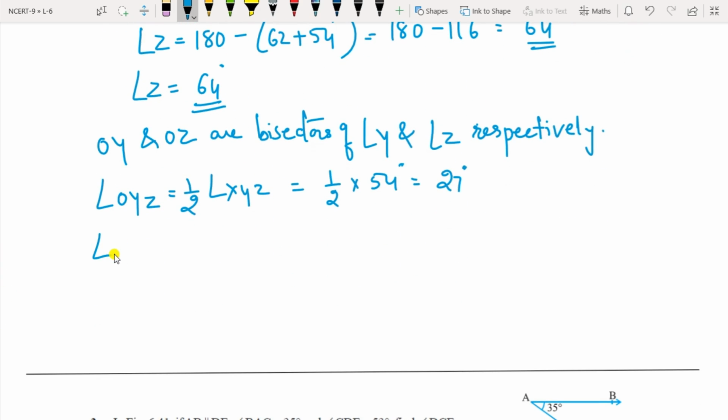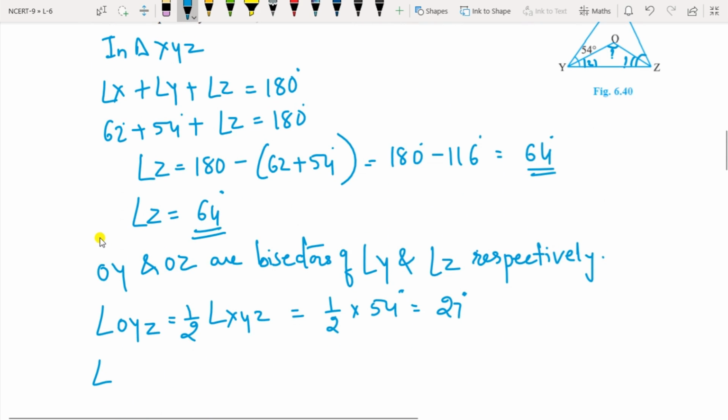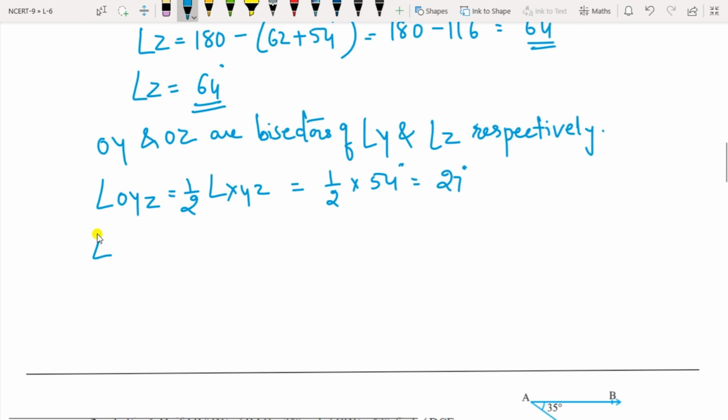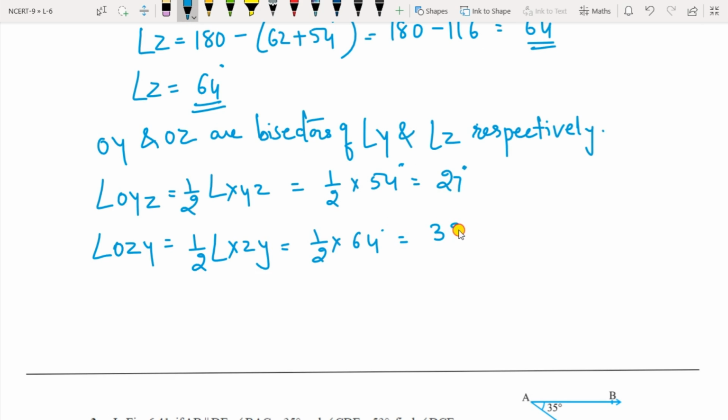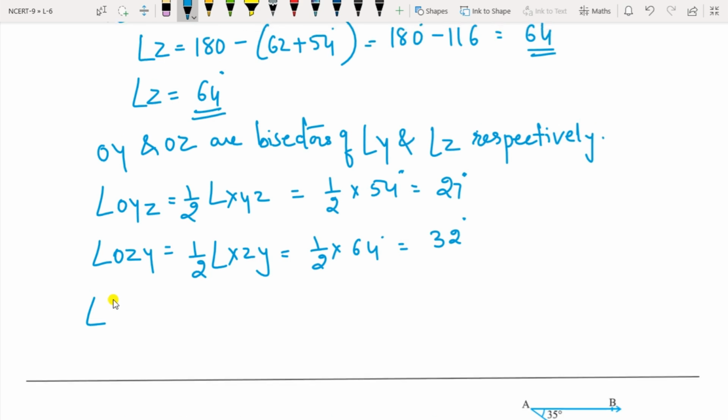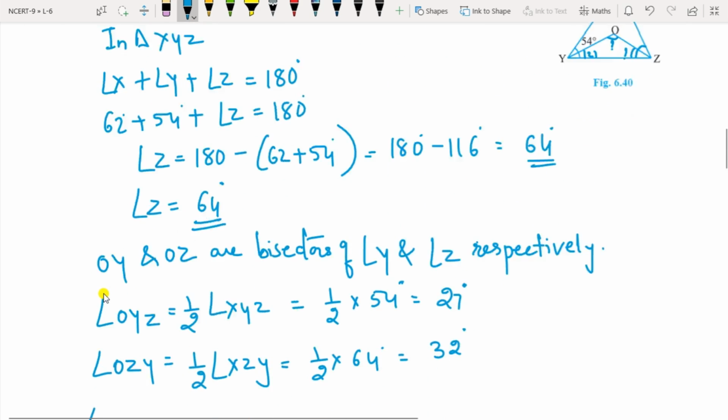angle OZY equal to half of angle XZY equal to half of 64, so that will be equal to 32 degrees. Therefore, angle YOZ